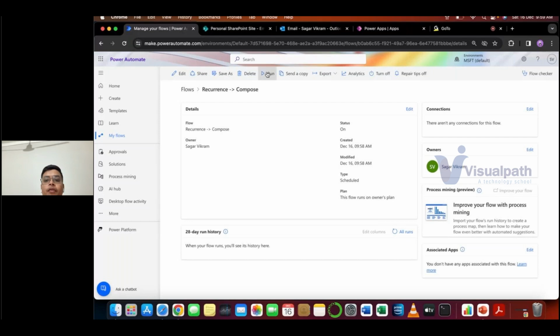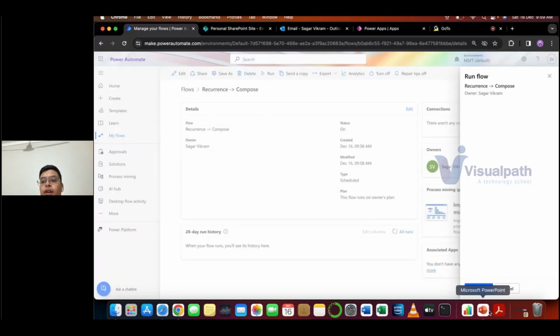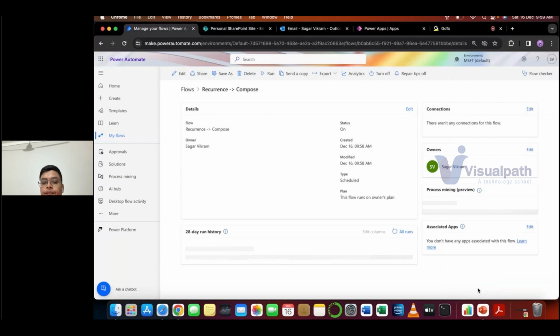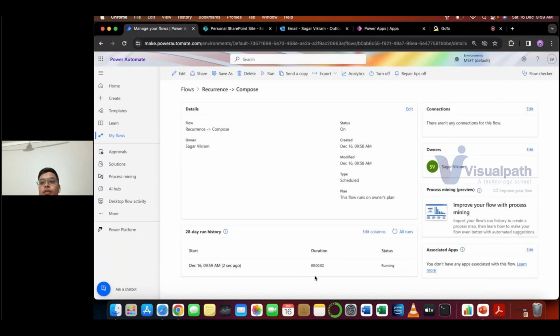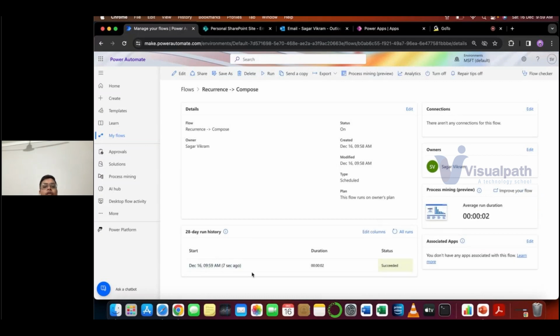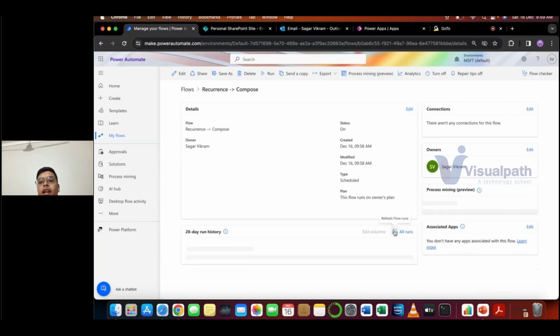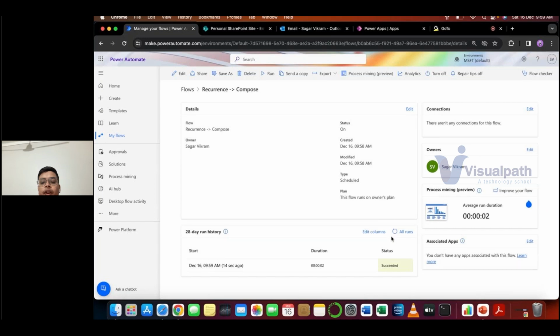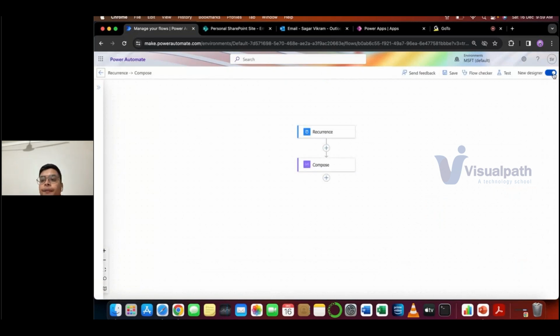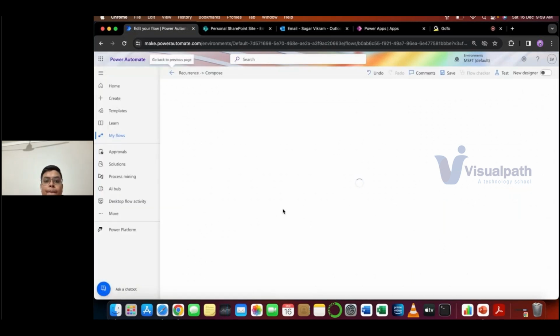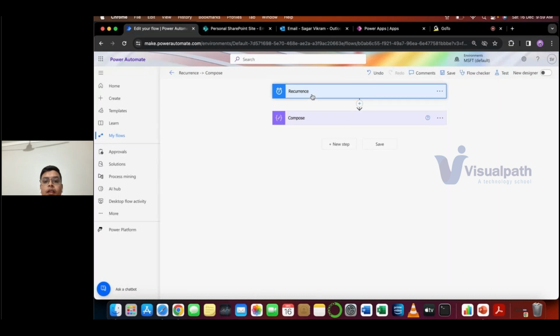So before you trigger, first you have to trigger manually. Once the flow is triggered manually, the first time you have to select manually, and then the second time it will trigger automatically. When the 10 a.m. is there, then the flow should trigger. Okay, so till the time, let me go back to edit mode, and this